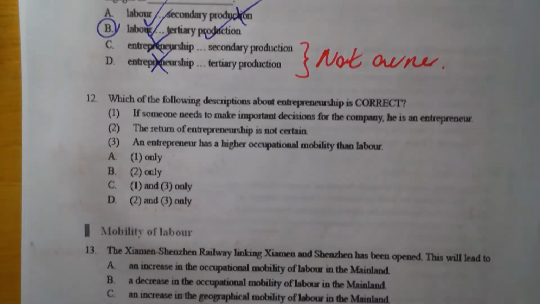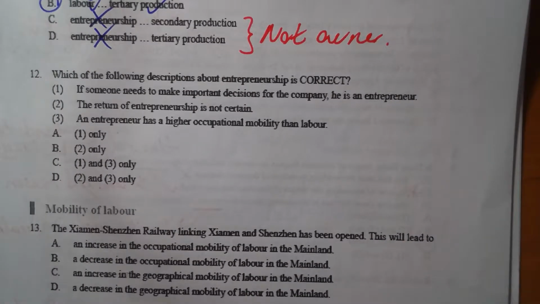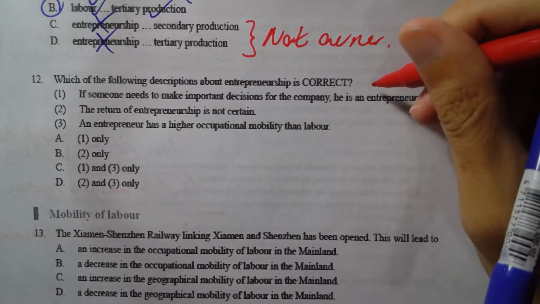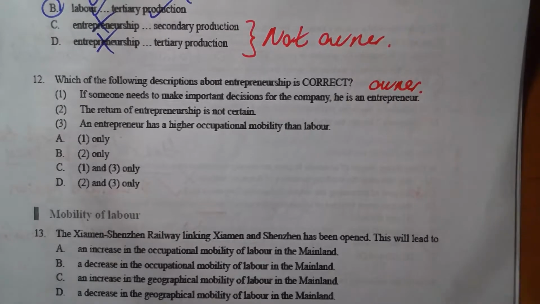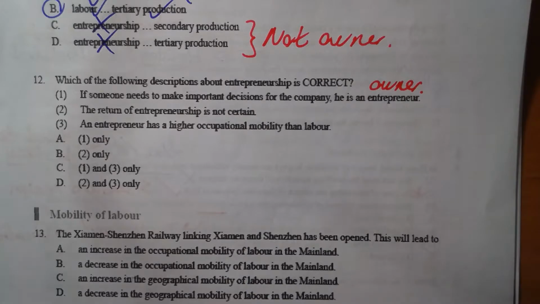Okay, now, next one. Now, which of the following descriptions about entrepreneurship is correct? Now, let's see. If someone needs to make important decisions for the company, he is an entrepreneur. Now, I think you know the answer already. Entrepreneur, we keep saying the owner is an entrepreneur. If someone needs to make important decisions, that does not mean he must be the owner. For example, Leo Chen